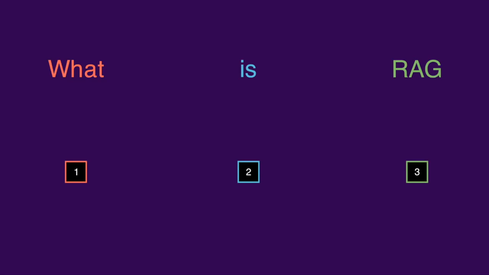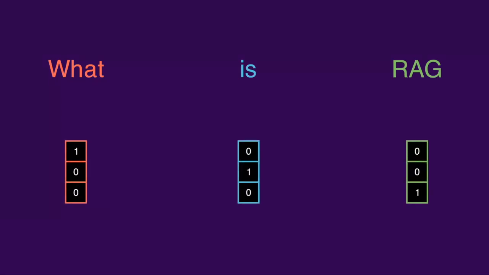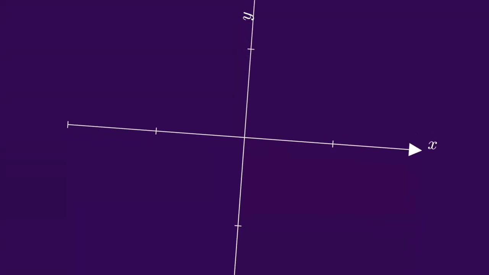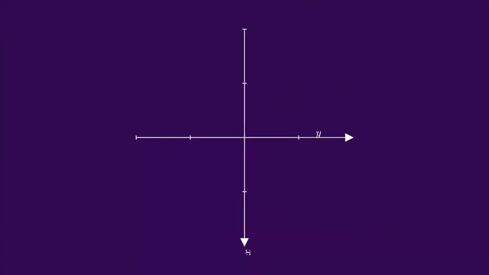While using numbers is a straightforward solution, we can do even better by representing words in a more advanced format called vectors. One way to do it is with a one hot vector, where each word is represented by a vector with 1 in a specific position, first, second, or third in this case, depending on the word. When we turn words into vectors, something cool happens. We get a nice geometric view of our query. What is RAG? Since we are working in 3D, we can think of our words as points in space. So, here's how it works. What shows up as a vector on the x-axis, is shows up as a vector on the y-axis, and RAG is represented as a vector on the